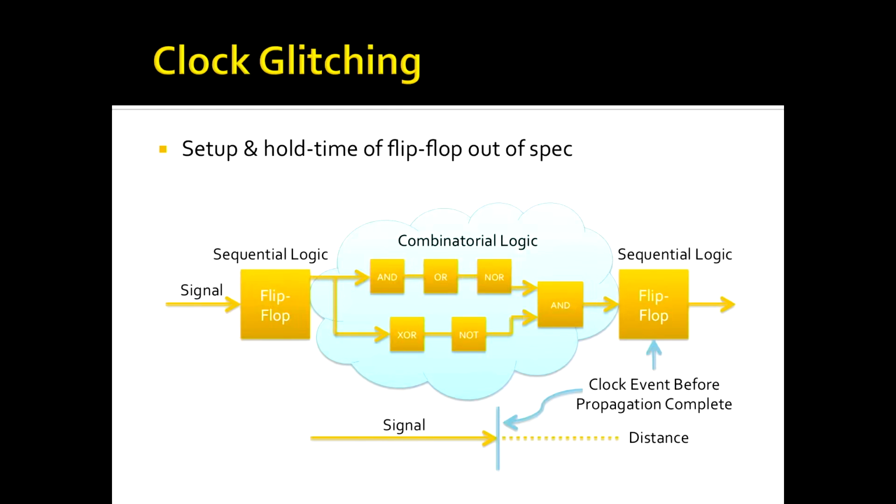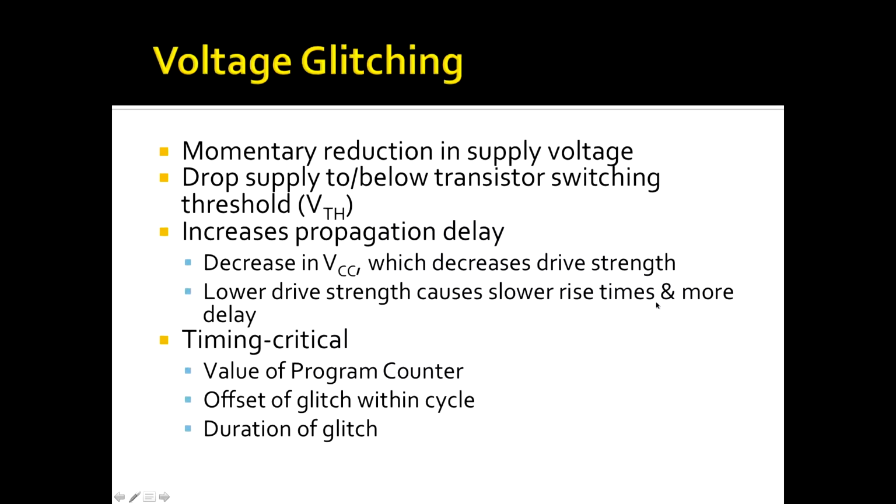So here's an overview of that phenomenon where you have the source flip-flop and the destination flip-flop, then you've got a bunch of combinatorial, individual AND, OR, et cetera, gates through the middle. And what you're doing is you have a clock event, so now all of a sudden you have your glitch pulse, and this pulse occurs down here well before it was expected over on the right-hand side, which coincides with where the actual destination flip-flop is in time and propagation distance. So you clock it way ahead of schedule, and now it'll clock in some garbage data here rather than the proper signal making its way all the way through. So that was clock glitching.